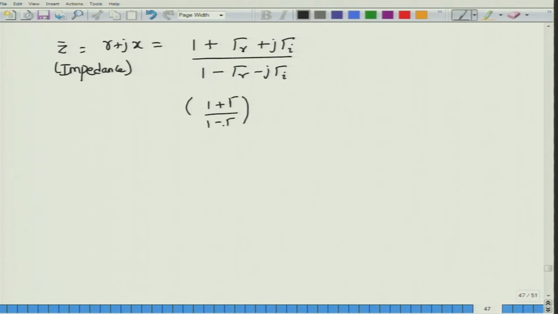Please also note that it is not the magnitude, therefore do not confuse this with the standing wave ratio expressions. So you can multiply the complex numbers by the complex conjugate of the denominator, and after you have done that, what you will obtain is r plus jx equal to, I will write down the expression here,